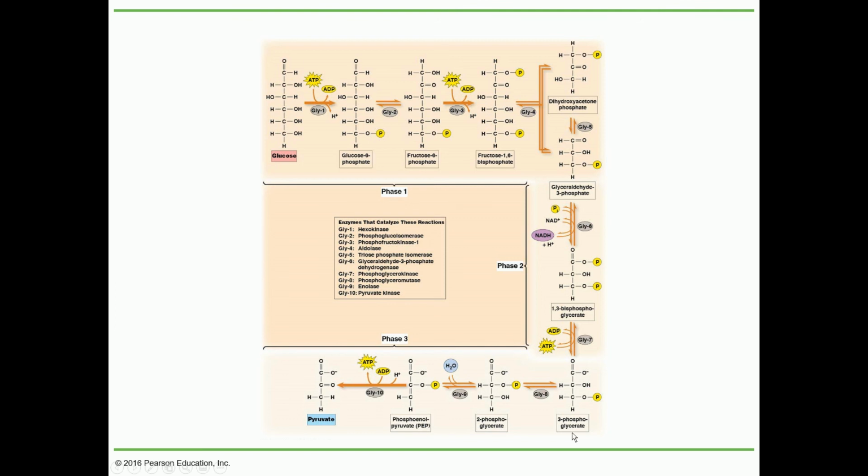And then phosphoenolpyruvate is converted finally into pyruvate. Okay, and this is taking place with the help of the enzyme called pyruvate kinase. Here the phosphate group is given to ADP, and this ADP is converted into ATP. So two molecules of ATP are produced here, and in total 4 molecules of ATP are produced, and 2 molecules of ATP are used here. So the net gain of ATP is 2 molecules of ATP, and they're produced by the process of substrate level